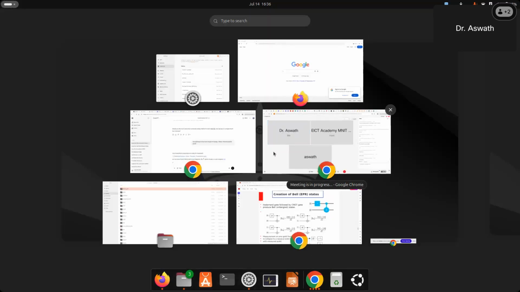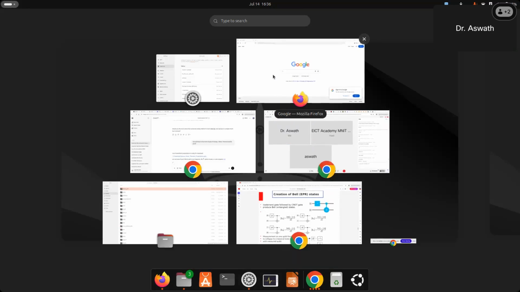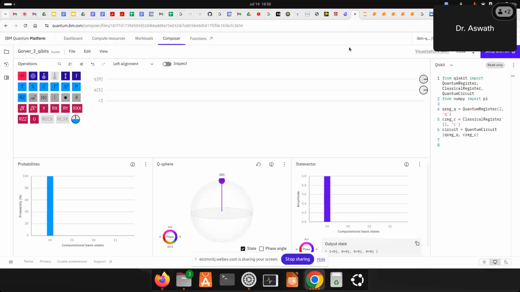Okay. Right. So in the IBM experience, wait a minute. Okay. So there is an S gate, na? So S gate is actually the square root of a Z gate. To take the Z matrix, do a square root of that Z matrix, you are going to get an S gate. And you redo the square root of the S matrix, you will get a T gate.